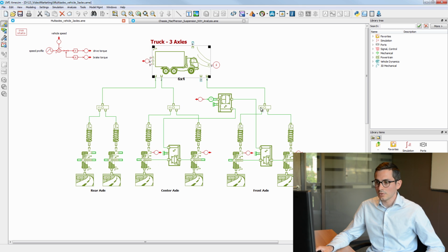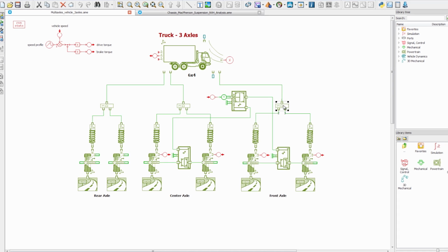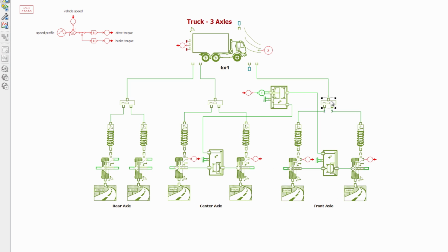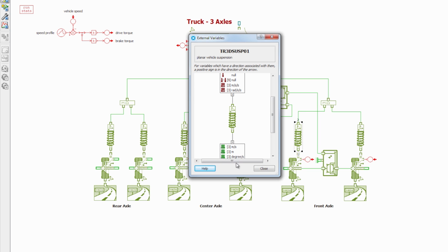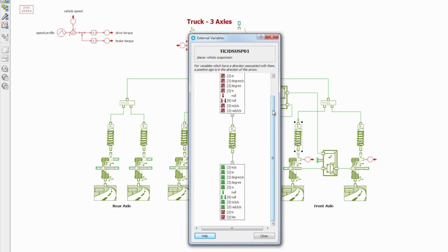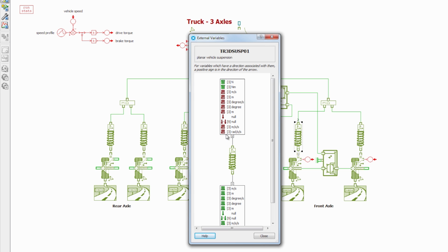So this chassis is connected through what we call 3D nodes in order to model the front axle here, the center axle and the rear axle. Also, you can note that the suspension component have also 3D ports to be compatible with the node.